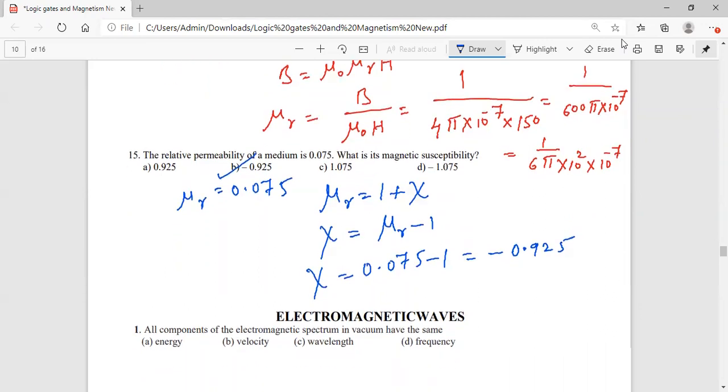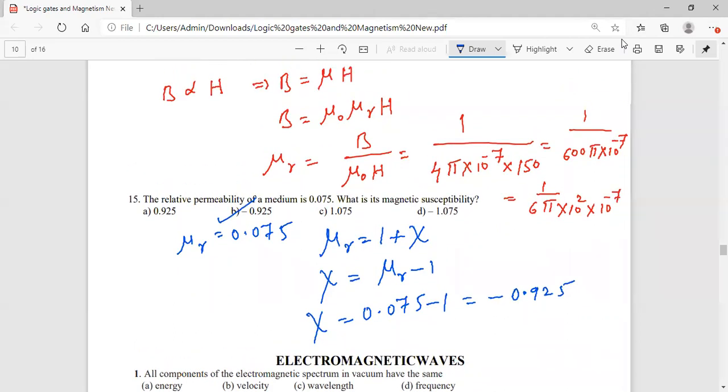So these are some problems we solved in the chapter magnetism and matter. And this is here because of the blow up syllabus. It's a very limited syllabus for 2 hours. And from this chapter, maximum 1 question will be asked. Now we'll move on to the next chapter, electromagnetic waves.